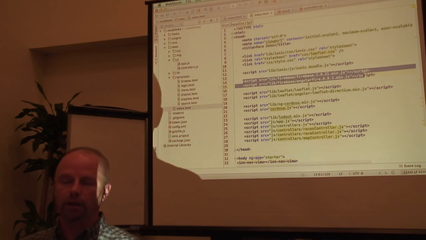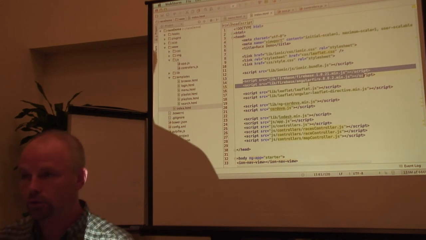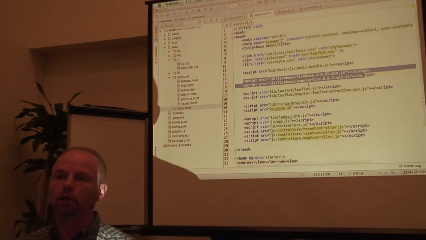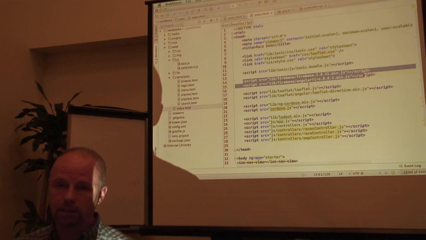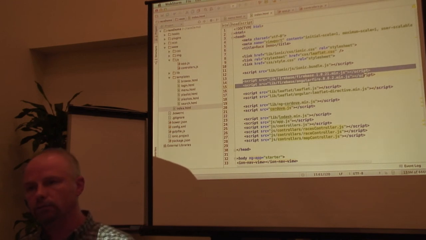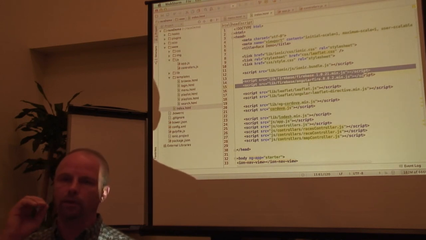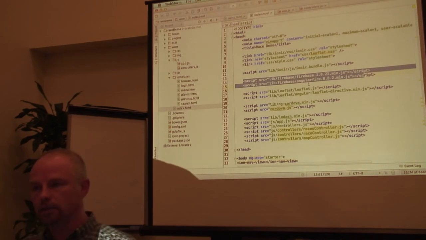Firebase comes with a library. And you can use it just as regular JavaScript client, or you can use JavaScript client plus Angular Fire. The nice thing about Angular Fire is it automatically knows how to deal with dirty checking. Okay, so if on your app you have something that says hello, and on the back end somebody changes it